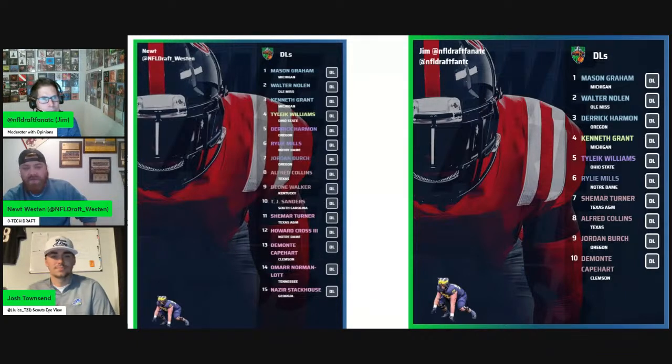And if not, then maybe hope and pray that one of those guys in the second round is there that can play that really true 1-3 tech, where they're lining up either shade or over the guard and just playing from there as a true between-the-two-guards type player. So I don't like Nolen as much, just because of that similar profile from what they drafted last year.